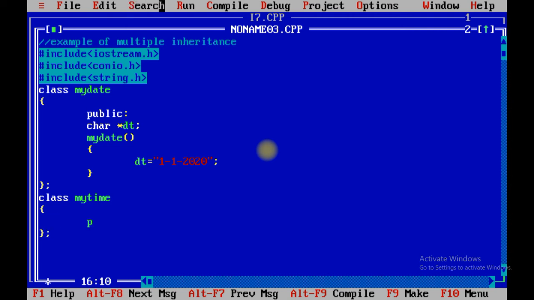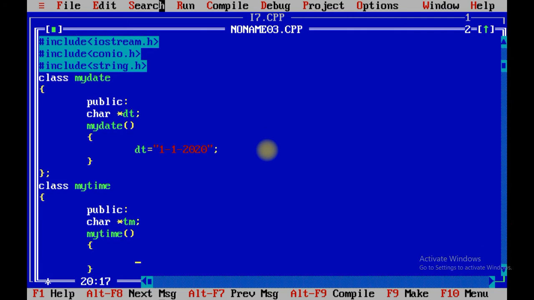Inside myTime, let me take one public variable, a character pointer time variable, myTime tm equals to hour, minute and second, and am or pm, say for example.